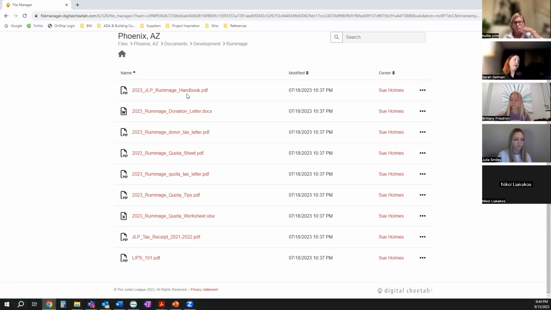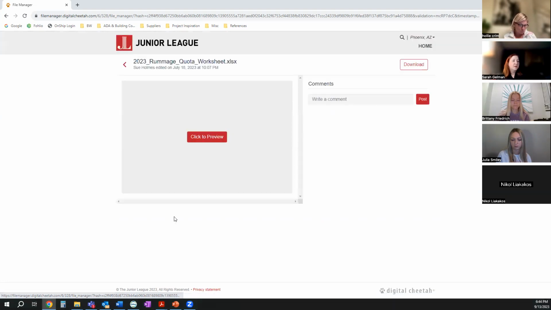So the Rummage handbook has how to prepare items, what you can mark them on your quota sheet as, costs, things like that. The actual quota sheet that you need to fill out, some tips. This is a quota worksheet. Honestly, it is what I use every year. It's an Excel file, and you can type in,